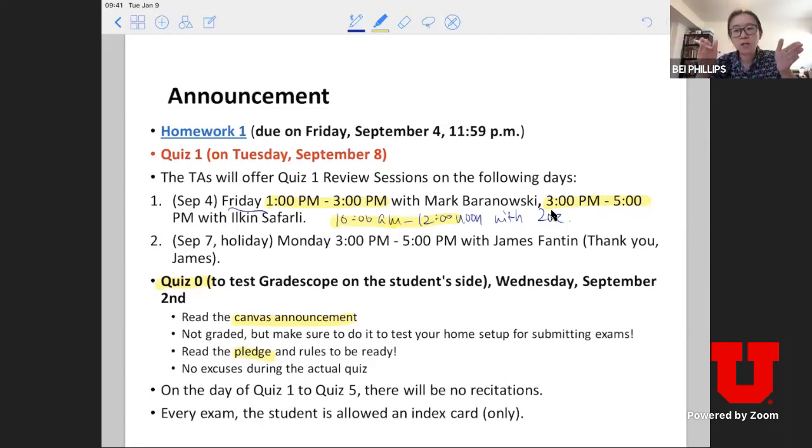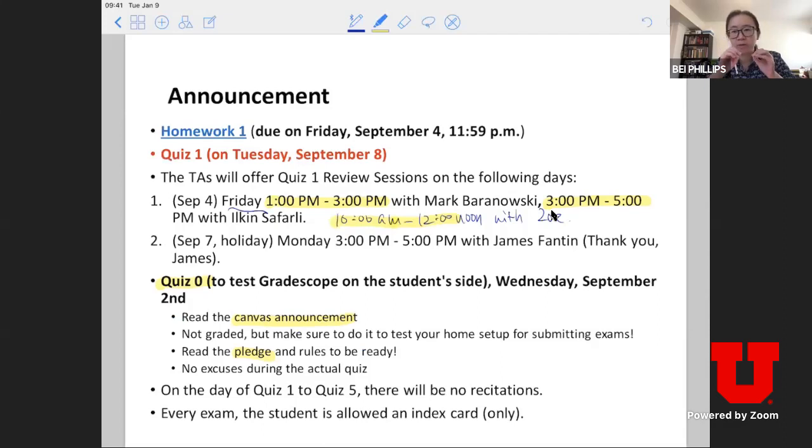Okay, so 60 minutes dedicated to solve the quiz problem, 15 minutes dedicated to scanning photo and uploading to Gradescope. And one last thing, for quiz number 1, we built in a little bit of fail-safe in case you have very major technical difficulty that you are not able to submit through Gradescope. There is an email address provided on the quiz where you can email a copy of your PDF to the TA, but do not abuse this system. This is not for regular submission. This is when you have serious difficulty during submission. For that reason, it's very important for you to try out quiz number 0 to figure out how to work with Gradescope. Okay.